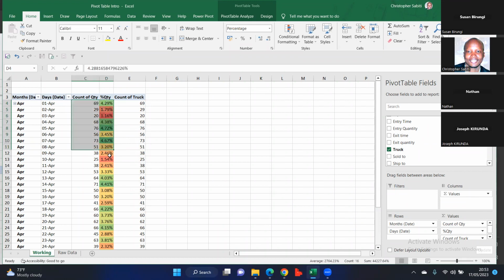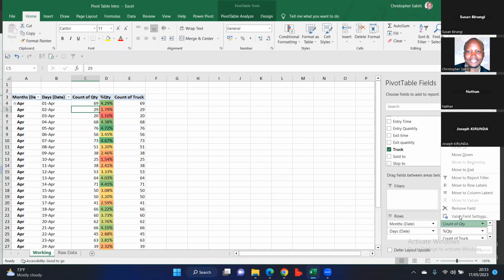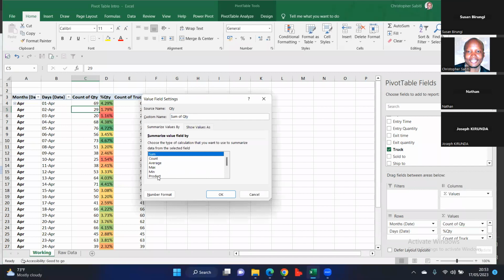But the percentage obviously remains the same. The percentage remains the same. So here I will take this back by clicking there, value field settings, go back to sum. If you want average, you can have it. If you want maximum,